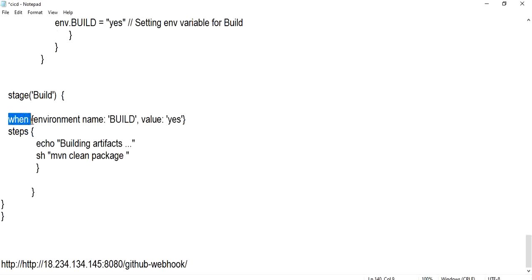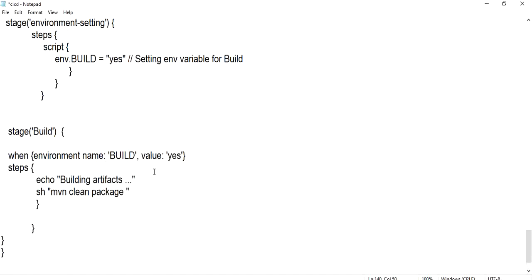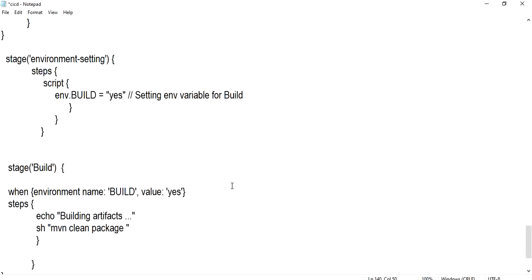I've used one when condition. When the build environment variable is set to s, then I have to build my artifact in the shell. If we use Windows, we can use bat here with our maven command. That's the whole thing here.